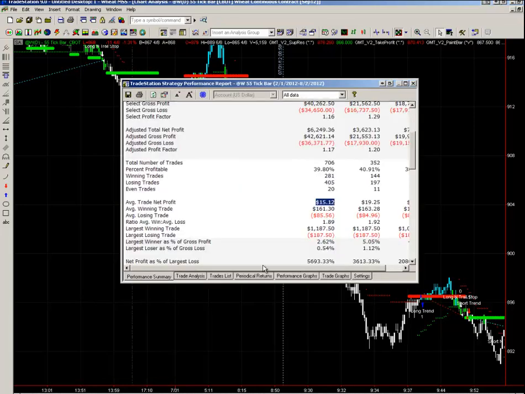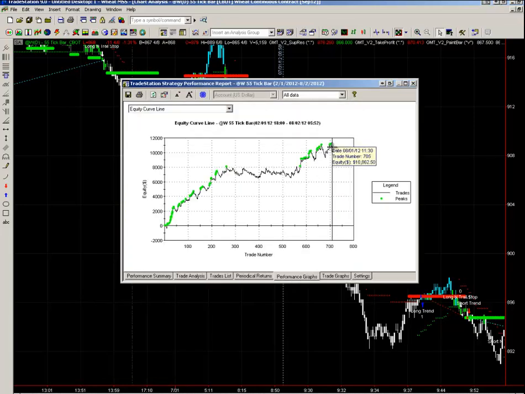So let's do some analysis quickly and just get out. So at the moment we're at 705 trades, and our average trade net profit is a dismal $15. So that's terrible. Some of you may look at this and go, oh, this thing's making money, but most of you and everyone who's going through the program would know that as soon as we turn this on live, we're not going to make any money because